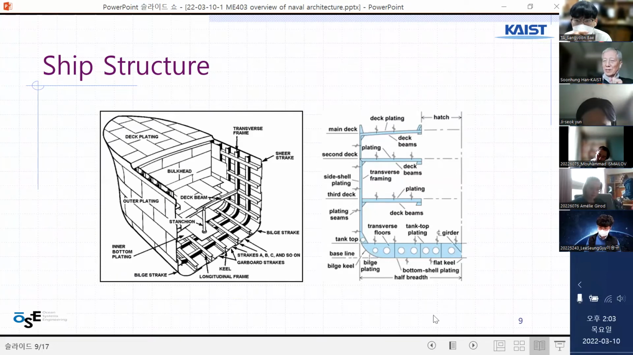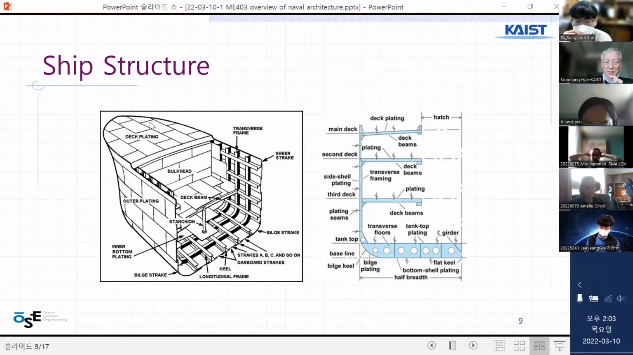That's why most ships have two bottoms, double skins at the bottom side. So we call this double bottom. And each floor, they call the deck. And the main deck is here. So main deck can be,